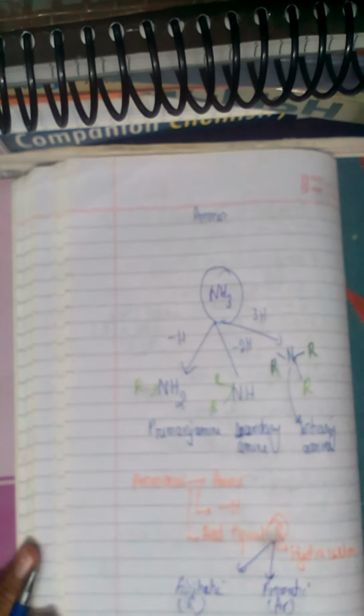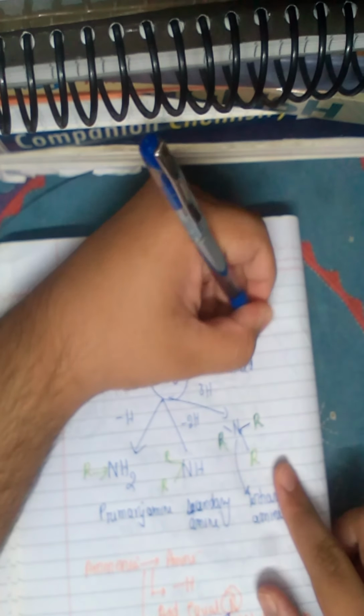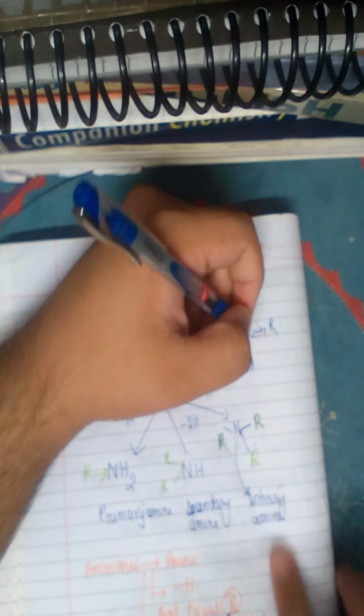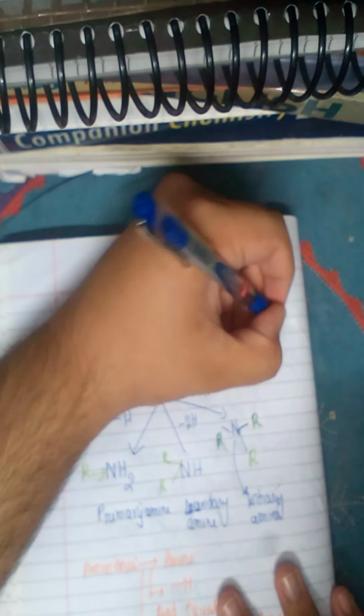Now one more simple composition we need to understand here is what are simple amines and what are mixed amines. Simple and mixed can only be in the case of secondary and tertiary. When the R groups in the amine are the same, it is a simple amine. What is a mixed amine? When the R groups are not the same, when the first R group is not equal to the second R group and the second R group is not equal to the third R group, and so on, we get something known as a mixed amine. So that was about mixed amine and simple amine.